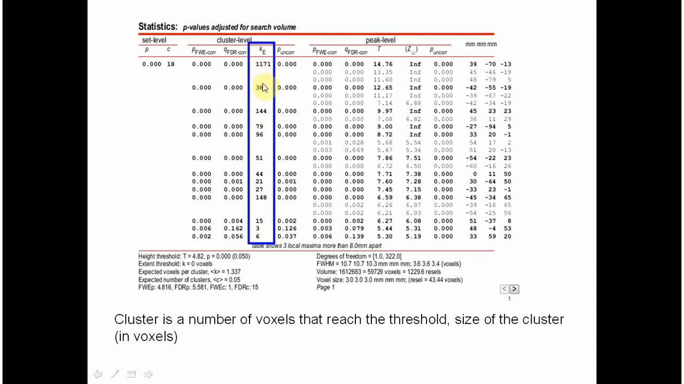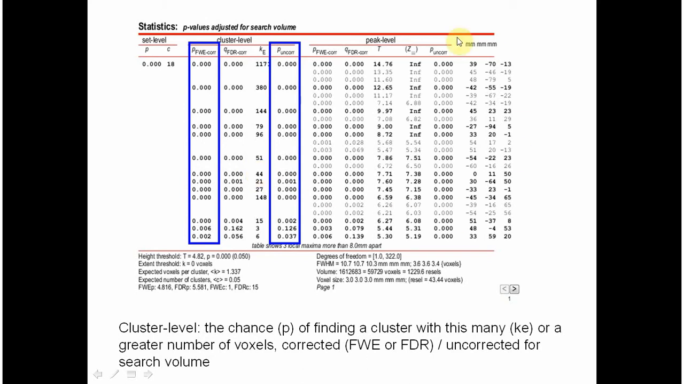This is a large cluster, this is a small one, this is even smaller. What is interesting is that even if the peak is not significant after correction for the volume of observation, there is another score which allows to estimate the significance of the activation, which is the cluster level statistics. Here you can see that there is also one score for uncorrected statistics and the other score for corrected. This one is very useful